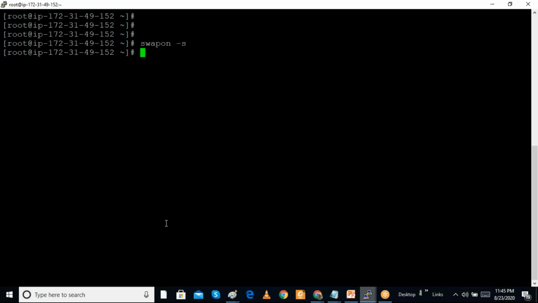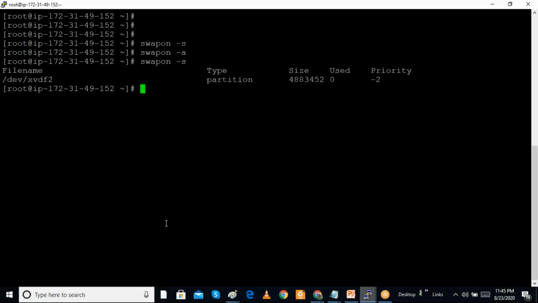Previously we gave mount -a for normal partitions, but here we can give the command swapon -a. So whatever swap partition is specified in /etc/fstab will mount now. If we want to view the swap partitions, we can give swapon -s. It shows that this swap partition is created now.